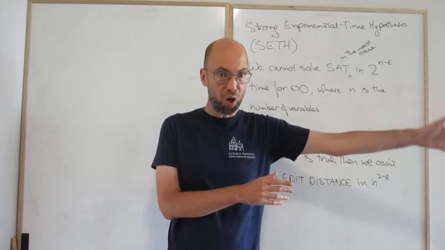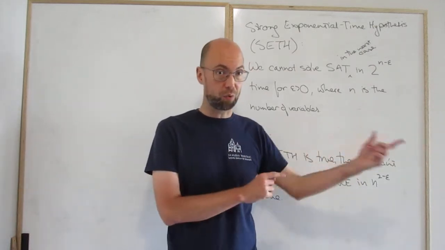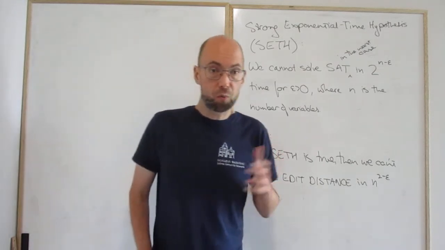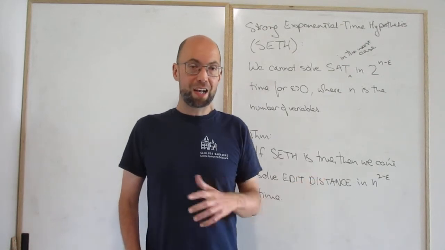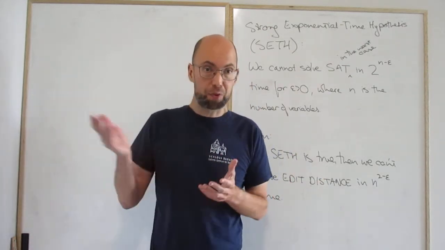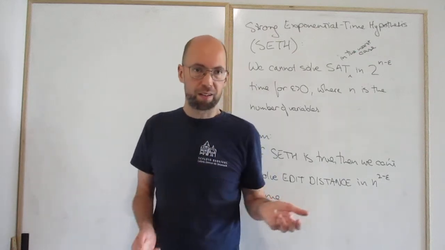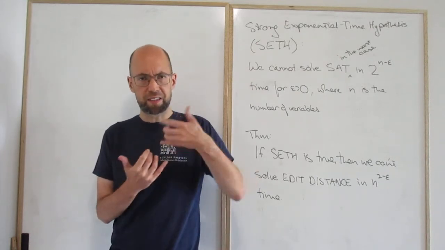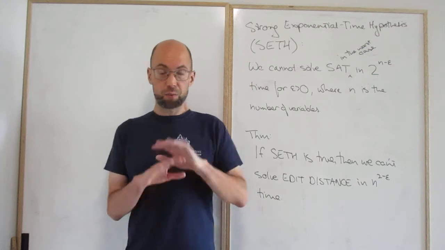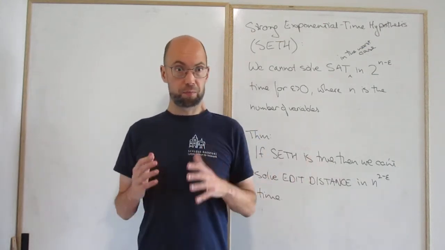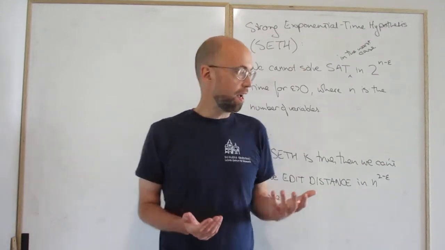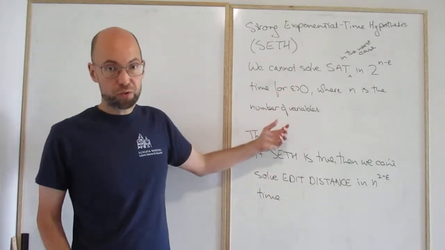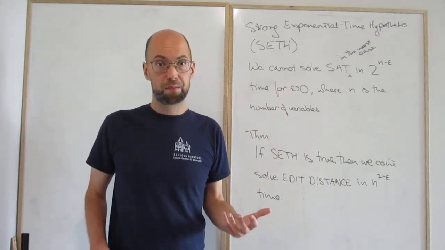The edit distance we know how to solve in quadratic time. We saw how to solve it in quadratic time. Now we also saw banded dynamic programming, which actually in practice does better than quadratic time, because we're computing the edit distance of two similar strings. But in the worst case, for years and years, people didn't find anything subquadratic, and this sort of explains why: if Seth is true, then there isn't a subquadratic algorithm.